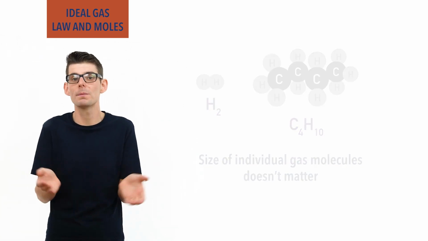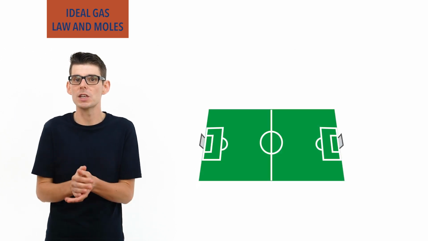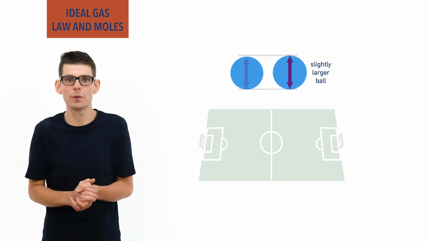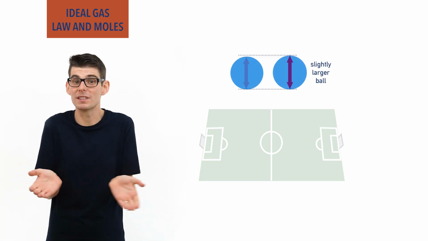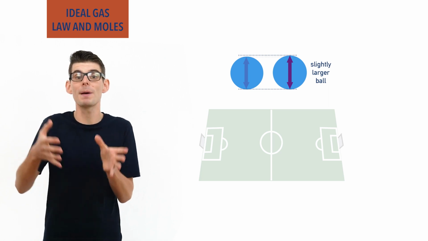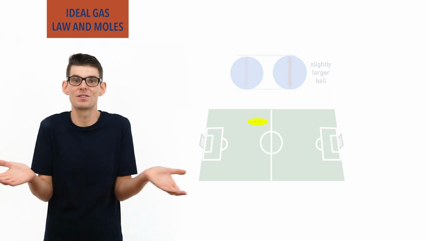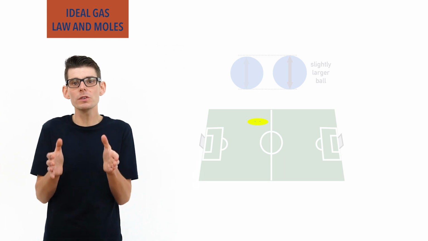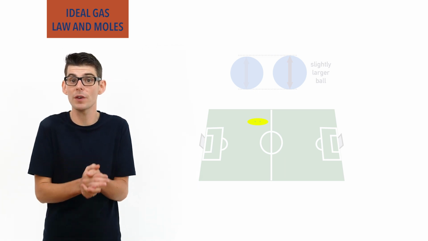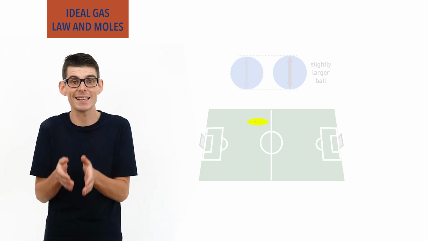If you are watching a football match and the football is changed for one that is marginally bigger by half a centimetre cubed, for example, would you notice and would it have any impact on the volume of space it occupies compared to the whole football pitch? No. We also assume that the molecules in a gas don't ever interact with each other apart from perfect elastic